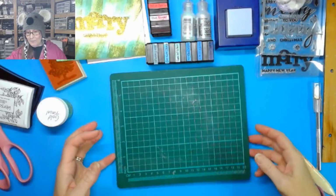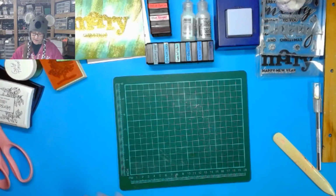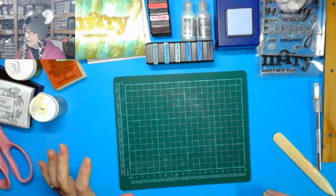Okay, so let's do a couple of those. Let me grab my gold. I can do the tinsel gold if you want to see that later on, but I think the gold will just go that much smoother. Yeah, I totally changed my mind on that at the last minute. I'm like, let's just do gold. We'll get that out. I don't have a container to put it in right now,